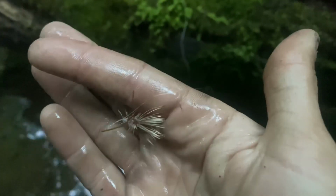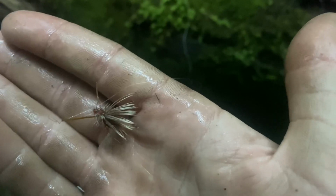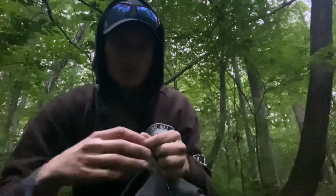It's like an elk hair caddis with some legs, or a stimulator with some legs. I can't really tell the difference, but they're hitting it. This time of the year, see, there's